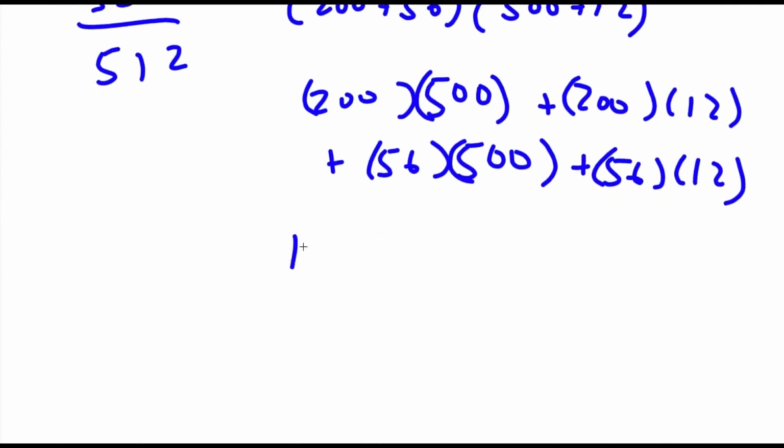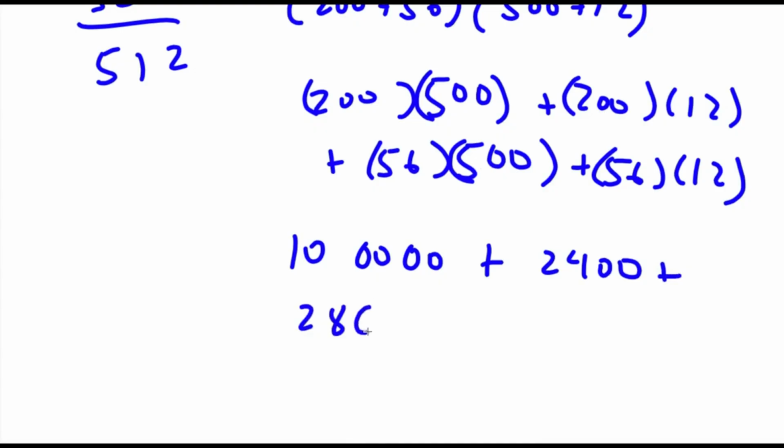Now 200 times 500, that's going to be 10 with 4 zeros, plus 200 times 12, that's going to be 24 with 2 zeros, plus 56 times 5, that is going to be 280 with 2 zeros, plus 56 times 12, that is going to be 112 plus 560, which is,